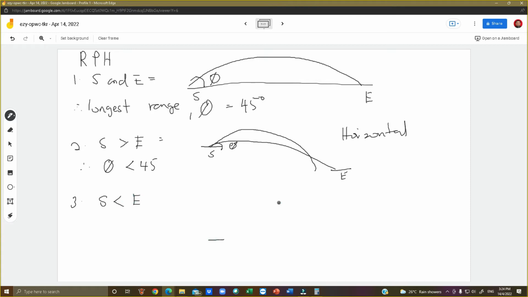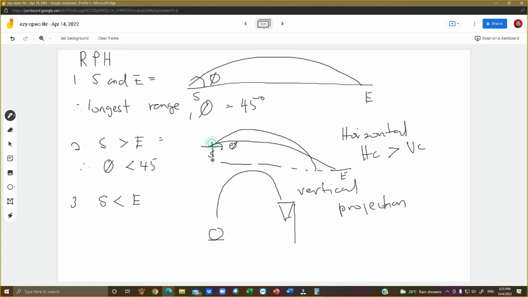as kita main basketball. This is the starting. So you need to have quite a high loop where this is more towards vertical projection. Kenapa nama dia horizontal? Because horizontal component dia lebih besar daripada vertical component. Ni horizontal component dia. Okay, daripada sini horizontal. Vertical component dia apex dia. Mana apex dia? Ni apex dia. Okay, daripada situ vertical component.